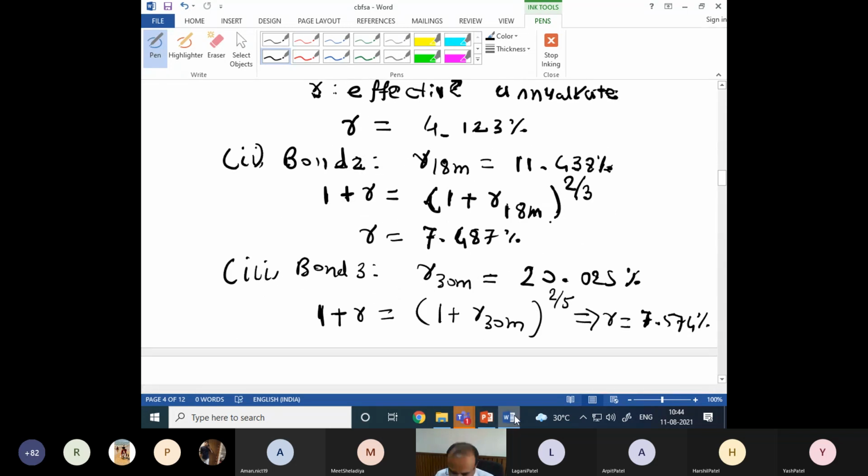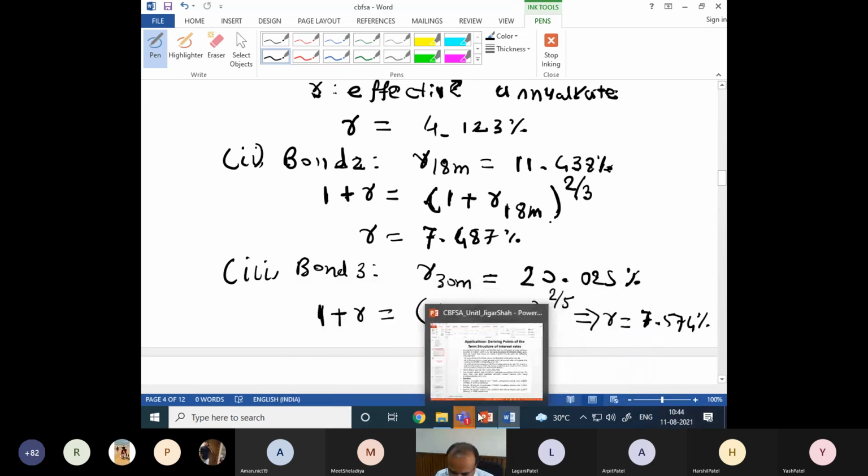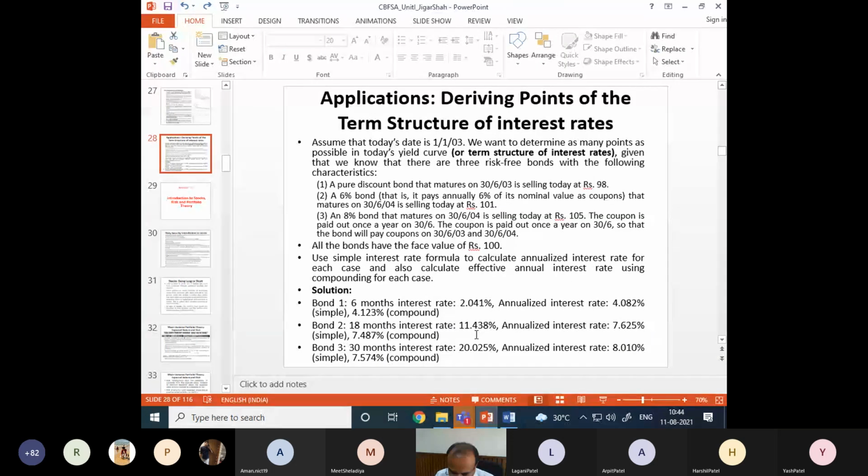So for the term structure, you can use either a simple interest rate or compound, but you have to specify which philosophy you are taking, right? Usually we prefer compounding, because we always compare with the compound interest rate. So this way we can get this value. So this is called the term structure of interest rate for the bonds. I hope you clearly understood this now. You recalculate all these things, right? And then let me know if you come across any difficulty next time.